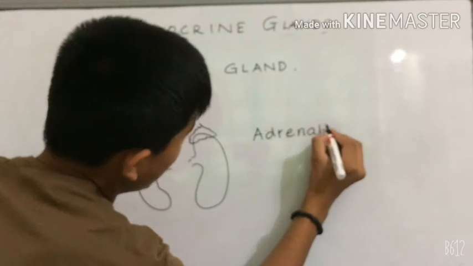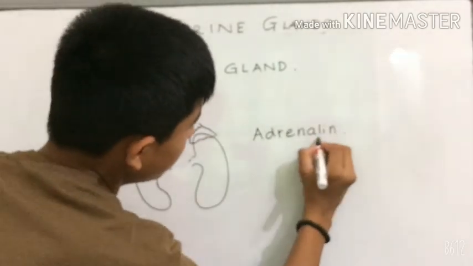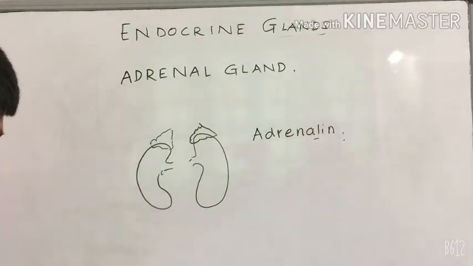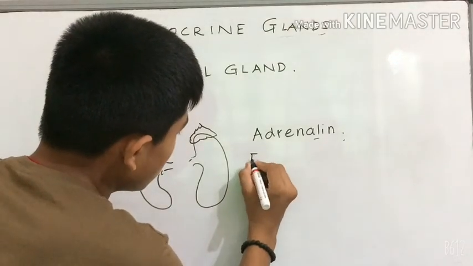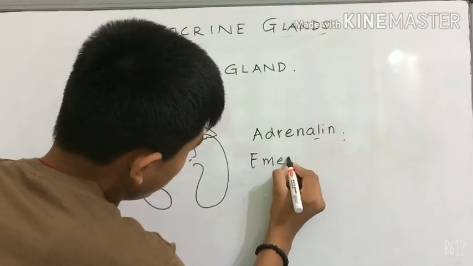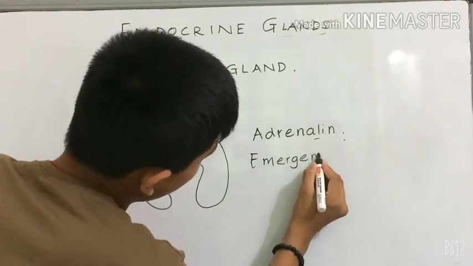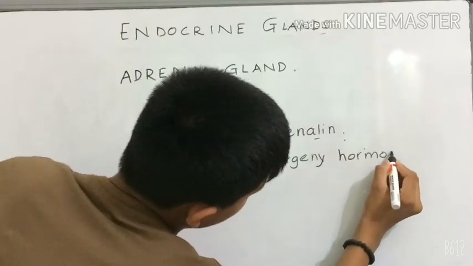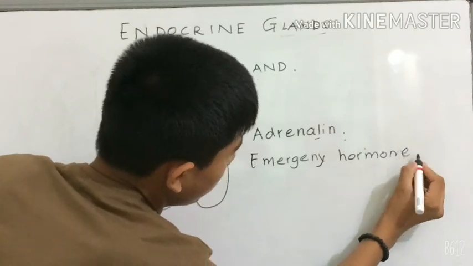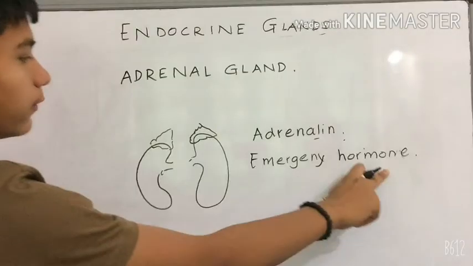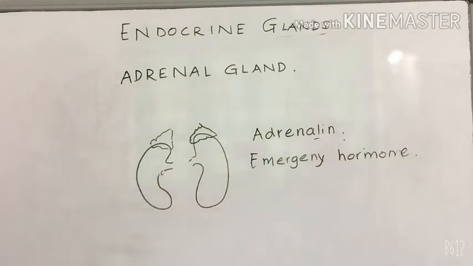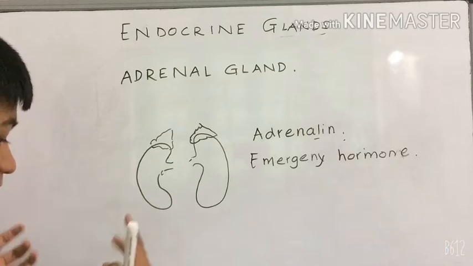The adrenal glands secrete adrenaline. Now this hormone is also known as the emergency hormone. In this name we find its work, because it prepares the body for conditions of emergencies or stress. Now under conditions like danger, anger,